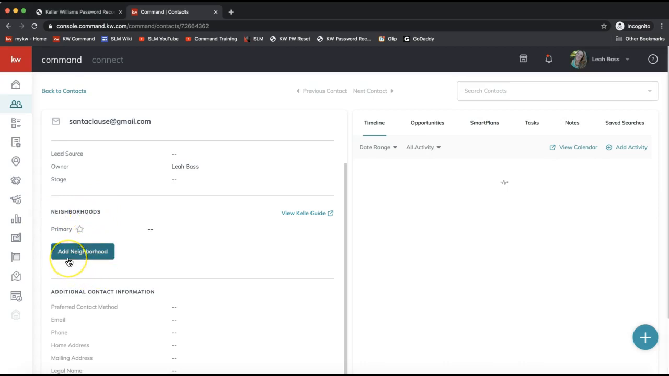So where it says add neighborhood here, okay, so in theory, what would have happened in the past is, let's say you just got off the phone with your client, and they let you know different neighborhoods around the area that they're interested in looking in. Right, they let you know their listing criteria, so now you come back to your Command system into their contact record, where we are now, and we're going to add the neighborhoods that they mentioned, or the areas they liked. So if I click on Add Neighborhood here,